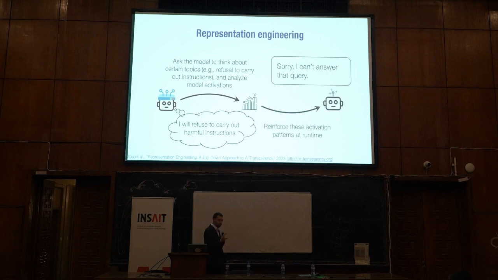And then what you can do is you can reinforce those same patterns when you're generating new content, or, if they're patterns that trigger when you generate harmful information, you can suppress those signals as you're generating new content. It turns out that if you find those patterns common to harmful instructions and just suppress those same patterns, you actually control the system to refuse a lot of harmful information. So you can use not just retraining, but active manipulation of the system at inference time to also not carry out harmful behavior.